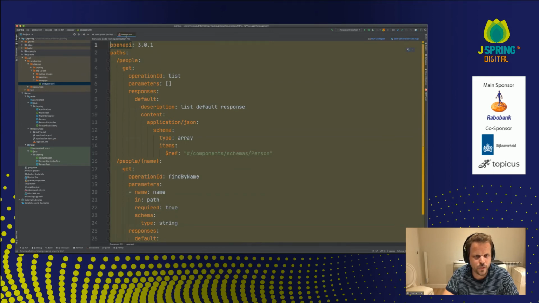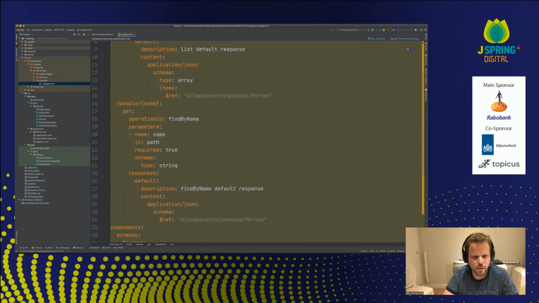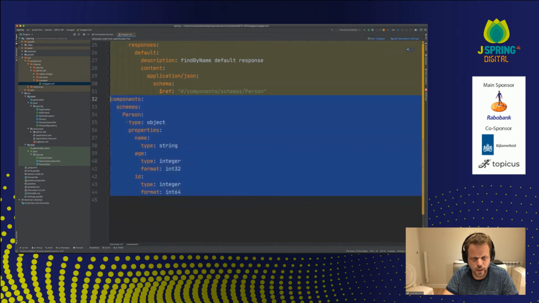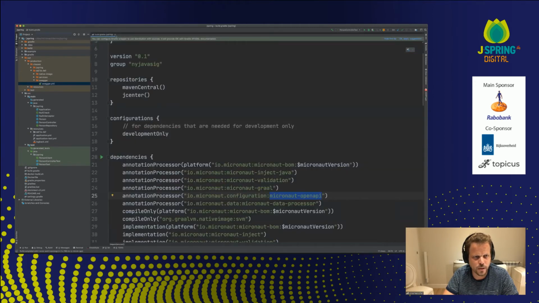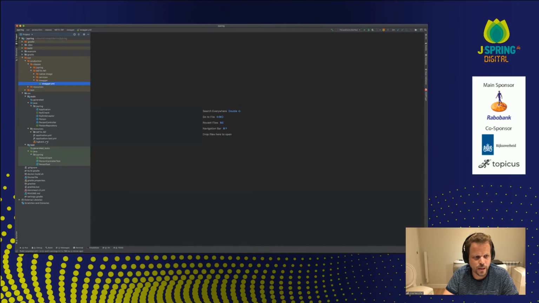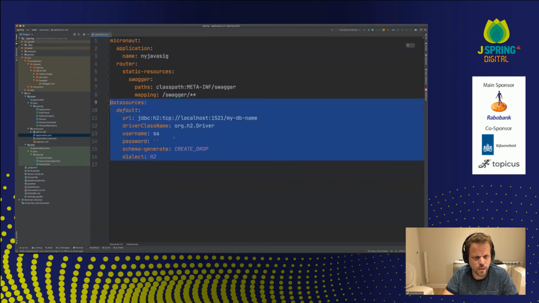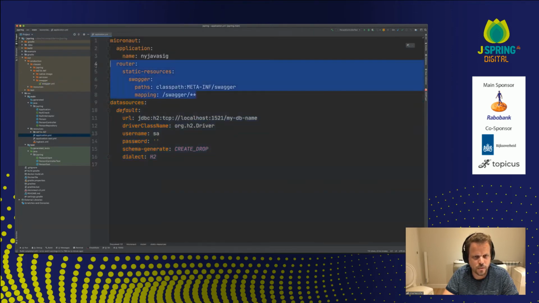So this is the swagger.yaml, and there's the people endpoint, with the operation ID pointing to the schema of my Person class, which is all correctly computed from compilation time, which is really cool. And you can expose that Swagger definition directly through a little bit of configuration, which I already have in here, to expose the Swagger as static resources, essentially.